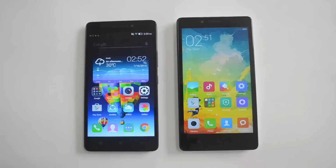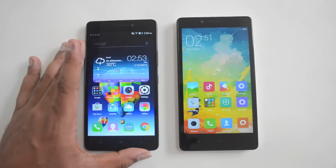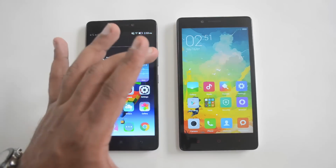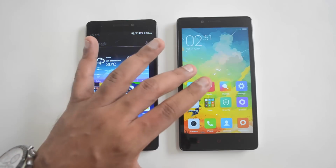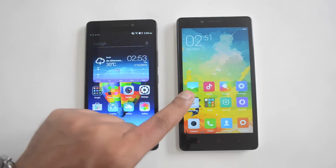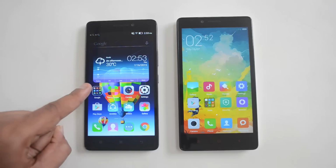Hello friends, this is Nirmal here for Technique, and in this video we're going to do a detailed comparison of two mid-range smartphones, the Lenovo K3 Note we just launched recently, along with the Xiaomi Redmi Note 4G variant. So this has got a price drop recently. It was initially priced 9,999, now it's available for 7,999, while the K3 Note is priced 9,999 and comes with